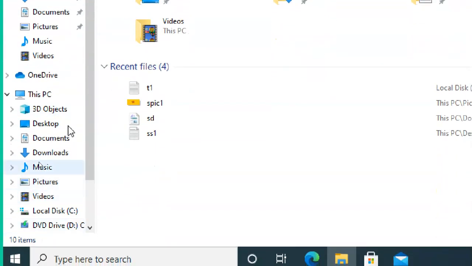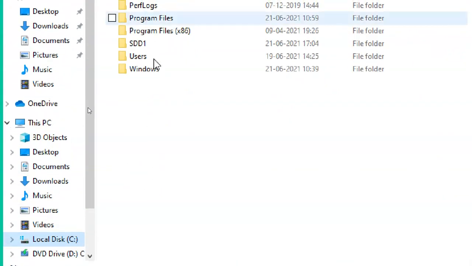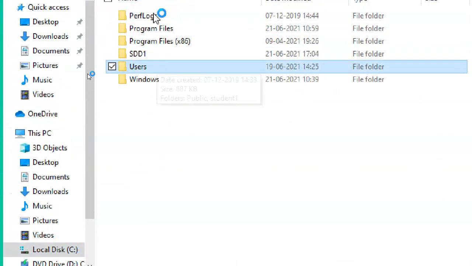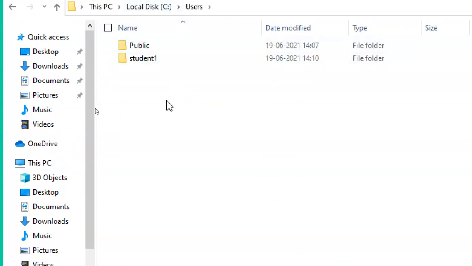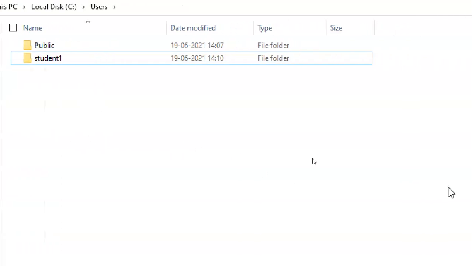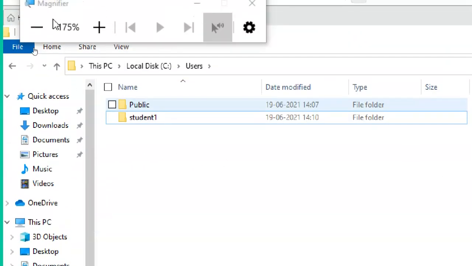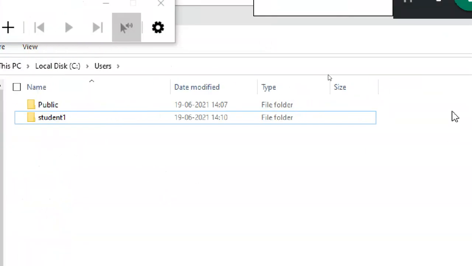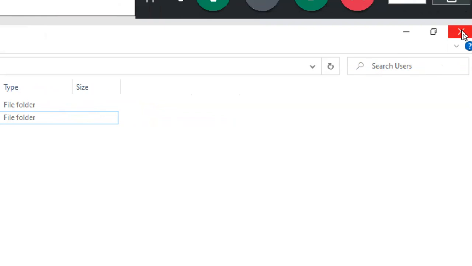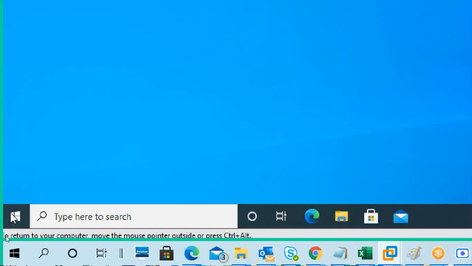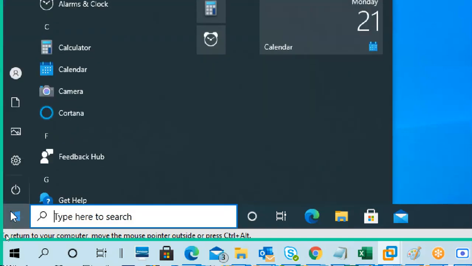Okay. Before I go to another user, I want to show you something in the C drive. Go to Users. Here I created two more users, right? Student 2, Student 3. Where is their profile data? Where are the Student 2, Student 3 folders? Student 1 folder is there. Where are the Student 2 and Student 3 folders? Because I logged in as Student 1. The profile. Correct. But okay, no problem.